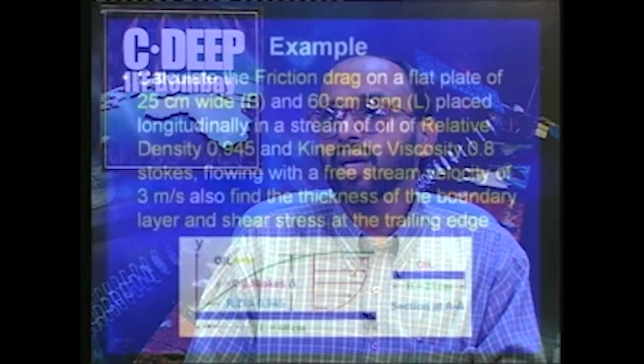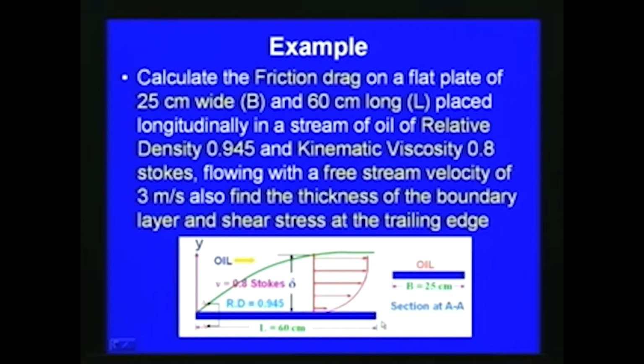Now we will discuss a small example. The example is to calculate the friction drag on a flat plate. Calculate the friction drag on a flat plate of 25 centimeter wide and 60 centimeter long, placed longitudinally in a stream of oil of relative density 0.945 and kinematic viscosity 0.8 stokes, flowing with a free stream velocity of 3 meter per second, and also find the thickness of the boundary layer and the shear stress at the trailing